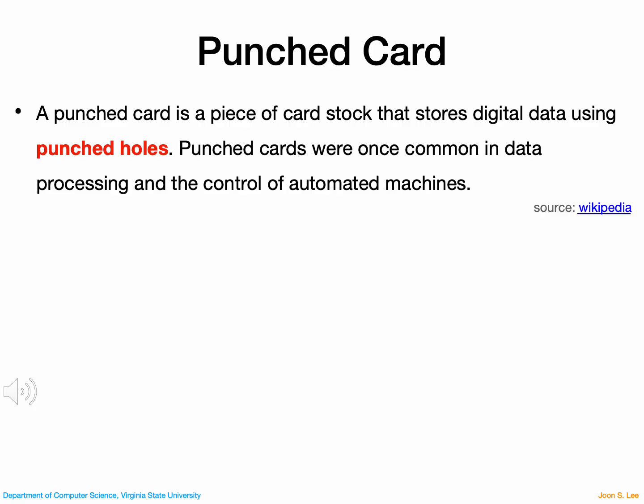Before keyboards and touchscreens, computers were given instructions in a very different way, through punch cards. A punch card was just a stiff piece of paper with holes punched in specific positions. Each hole represented data or an instruction. Instead of typing code into a computer, programmers would literally punch holes into stacks of cards and feed them into